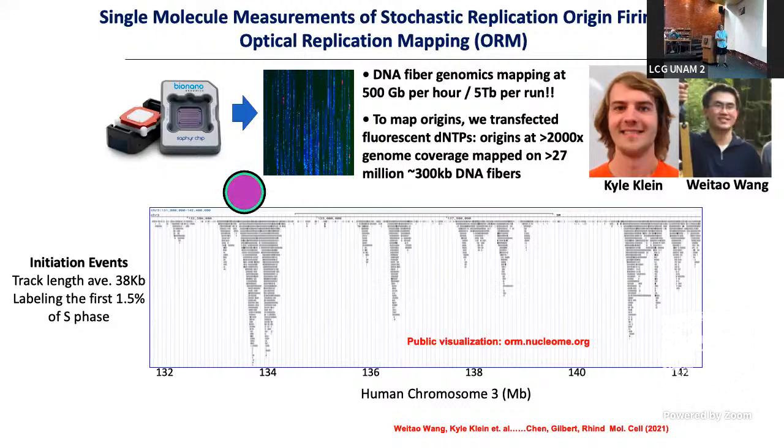And what you can see here is the display. Each gray line is a fiber. And the little ticks you can sort of see on the slide are the places where replication initiated. And fibers that were not labeled are all the way off the floor in this slide. And what you can see is that replication doesn't initiate at random. It likes to initiate in certain zones, as we call them, initiation zones. But within those zones, there are tick marks in many, many different places, okay? But you can also see that almost every part of the genome along the length of this segment has some DNA fiber that has an initiation site, okay?